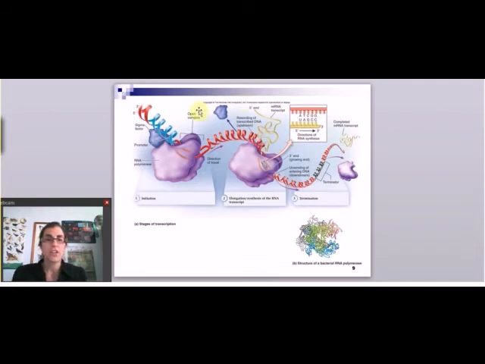So let's look at the figure for this. So here's sigma factor. Sigma factor finds the promoter and then it calls RNA polymerase over. So RNA polymerase comes and sits next to sigma factor. And then RNA polymerase is then able to start opening up the DNA. As it opens the DNA, it allows base pairs to form, only this time it's RNA. So if you have an A in the DNA template strand, so remember the strand that's being read is the